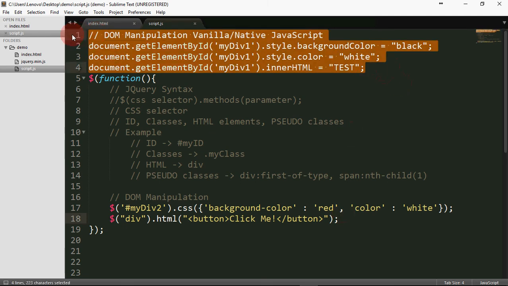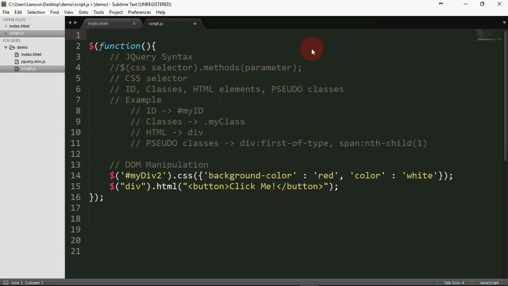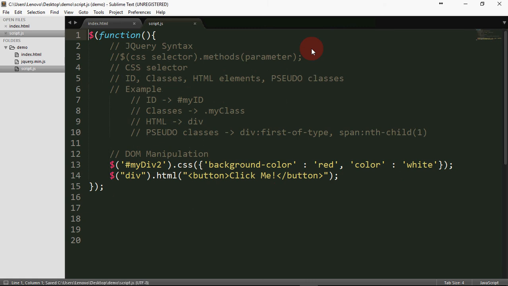So let me just remove this one. Enough examples. So I think you have the idea now on the difference. There's not much difference in terms of functionality, because what jQuery can do, you can do also in JavaScript. It's just a matter of preference, no? So if you like doing things the JavaScript way, it's not wrong at all. But if you want a much better, faster way of coding JavaScript, then jQuery can actually help also. So let me just remove this one. Yeah, there you go. So the next thing I'll do is I'm going to show you